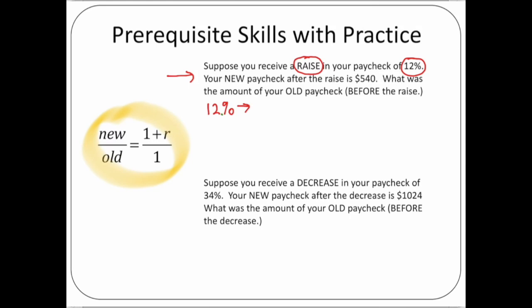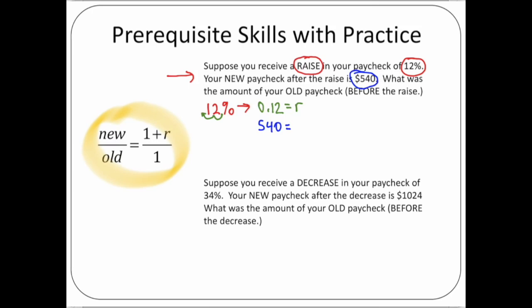So if you have 12%, we skip this 2 places to the left, and we have 0.12 as far as the decimal goes. And that is going to be a rate. For our new paycheck, the new amount, which is right here,